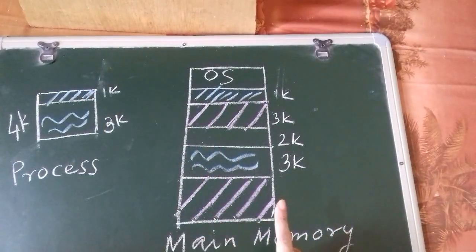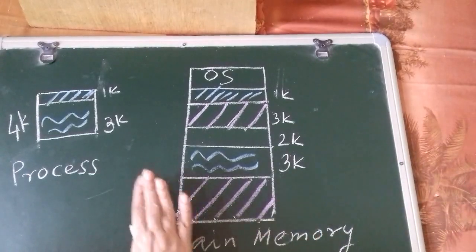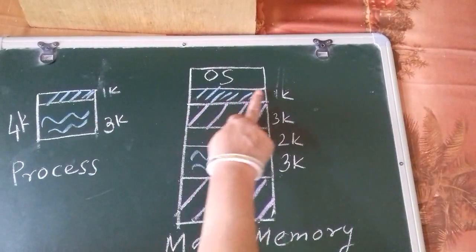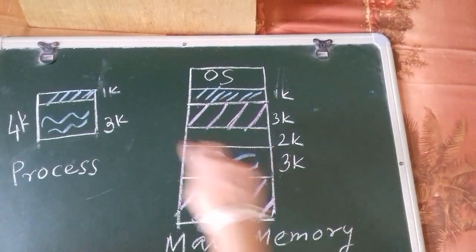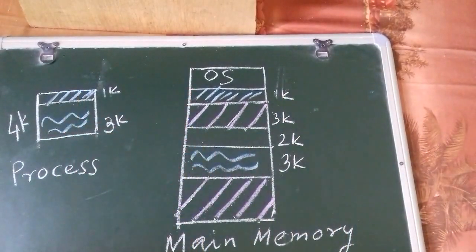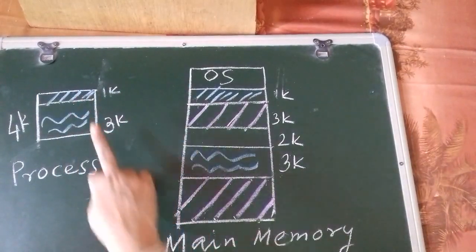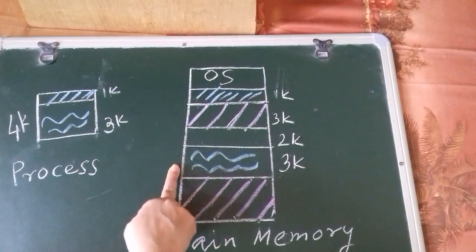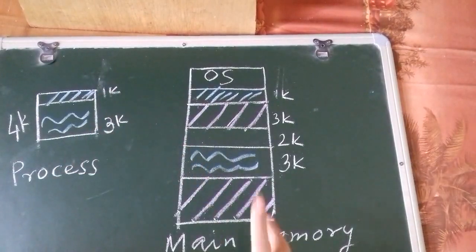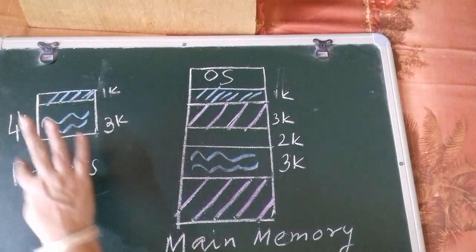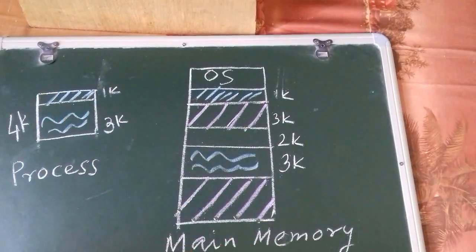The advantage is, see, if this is the scenario, I have this free space and this free space and this free space, so 1k plus 2k plus 3k. If it is contiguous, I cannot divide the process, so I cannot accommodate it at all, because I don't have a continuous 4k of memory available. But with non-contiguous allocation, we are allowed to divide the process according to free space and accommodate it. So this 1k we have accommodated here, this 3k here. The drawback is that every time checking the free space and dividing the process accordingly is time consuming, so this approach is not appreciable.